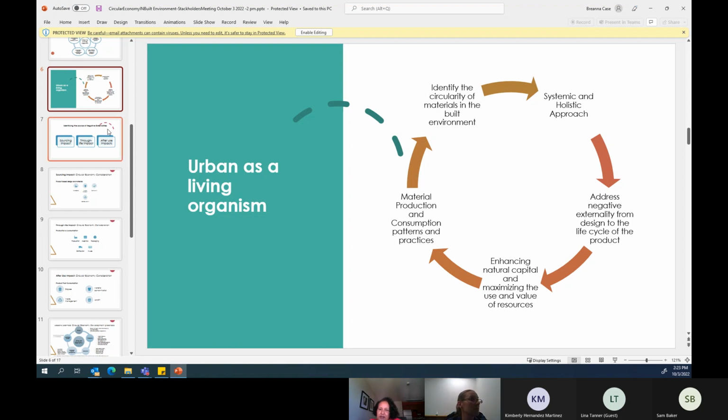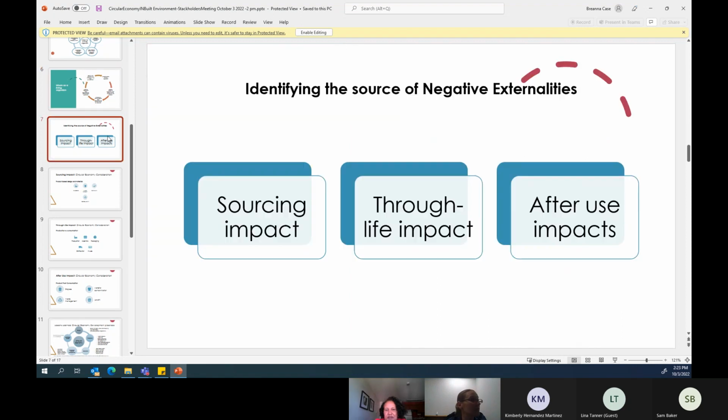Okay, next. Now this is the whole picture, what's going on. Where to start? We will start somewhere, but we need to learn something about circularity, material circularity. The key is we need to look beyond energy efficiency.